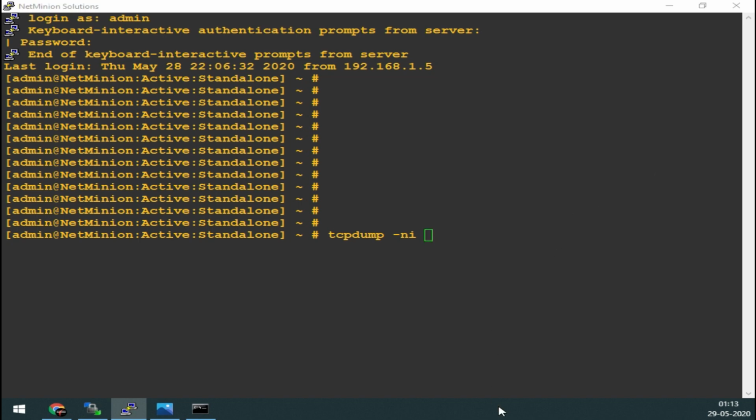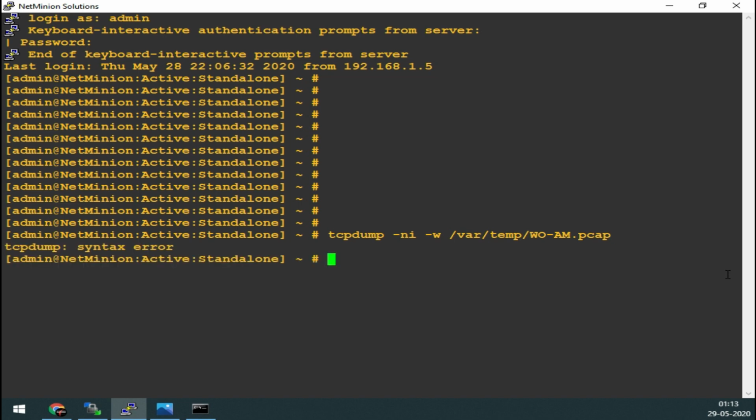Okay, and maybe I need to save it somewhere. So let me save it with -w, maybe into /var/tmp, without automap, not pcap. What happened? Syntax error.